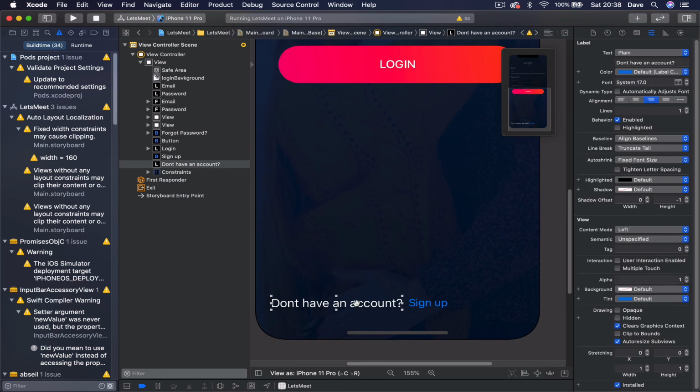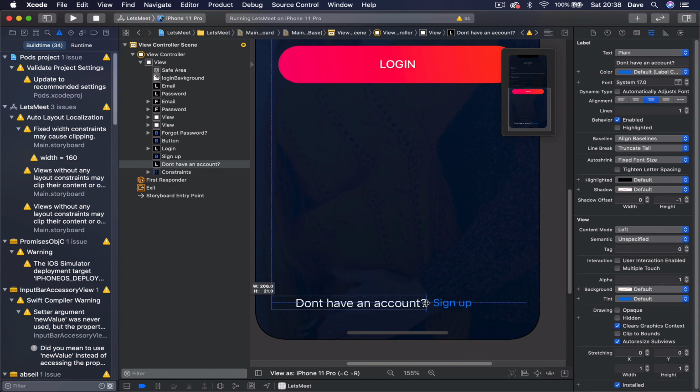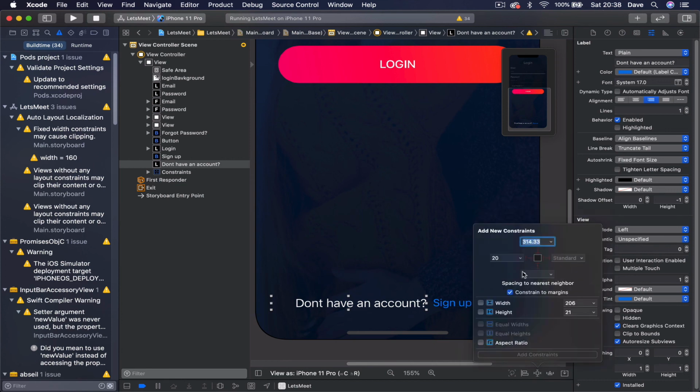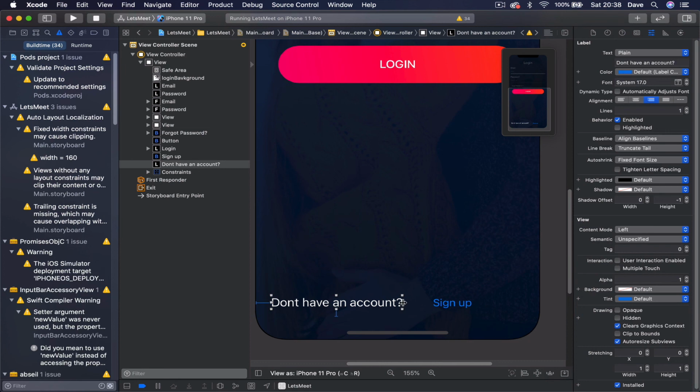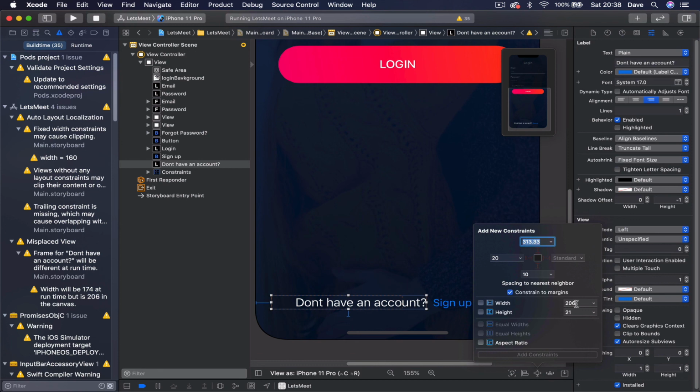And let's see, now we want to put this in the middle, more or less. So it's quite hard to put these two in the middle. What we can do is just move this one on the side. Let's bring this as much as we can to middle, and let's add some constraints. It's gonna be 20 points, and let's put 10 points from the bottom. Another constraints I need is the width. Let's stick it with the current width,